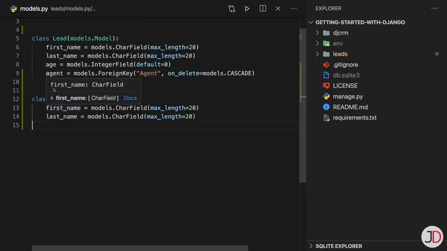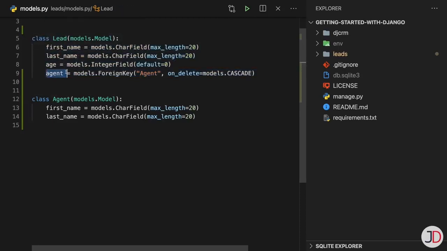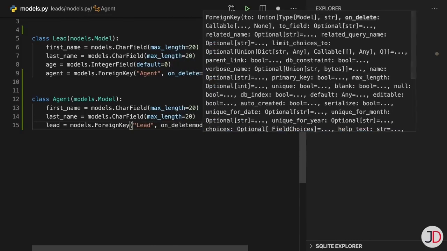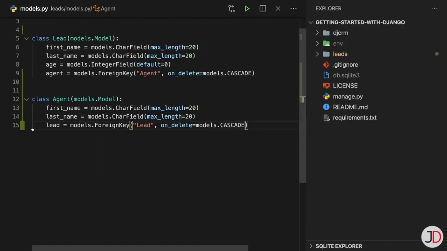And just one more thing is why this is being placed on the lead model and not on the agent model. What this does is it allows us to create every lead with its own agent. So we could have thousands of leads in the database, and each lead would have its own agent. Whereas if we put the field over here, say we went and said lead equals to models.foreignkey to the lead model, and we said on delete is models.cascade,